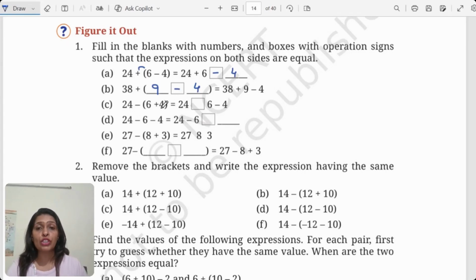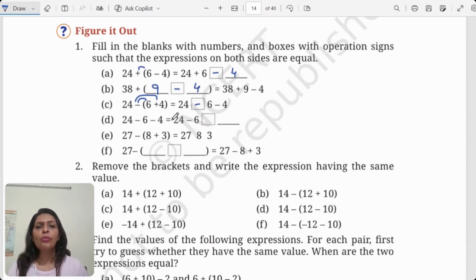Now here I want your attention, please listen carefully. Just now we have said if there is a minus sign and if we open the bracket, it will change the sign. So plus is having a positive sign. If no sign is written in front of the number, it means it is a positive sign. So when this minus goes here, the sign will change. So plus will become minus. And that is the reason why I have minus here. See, minus, and it was plus already. So when minus went inside, it changed its sign to negative. Clear? D part. 24 minus 6 minus 4 equals.